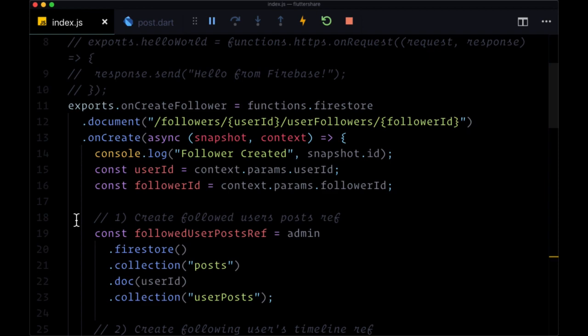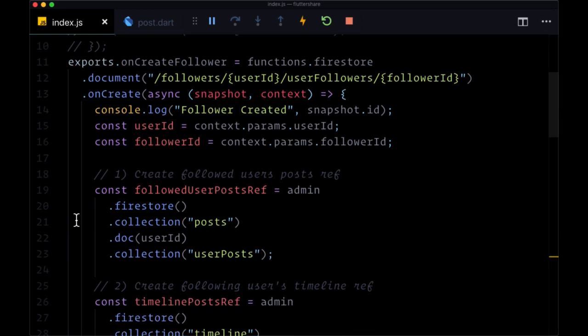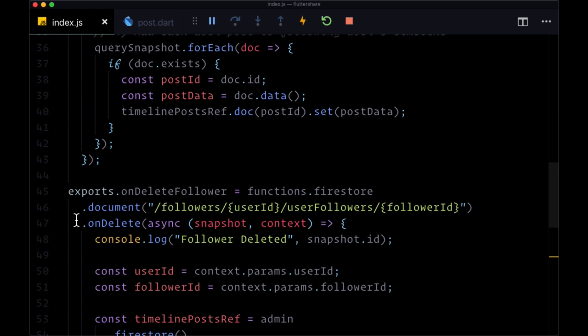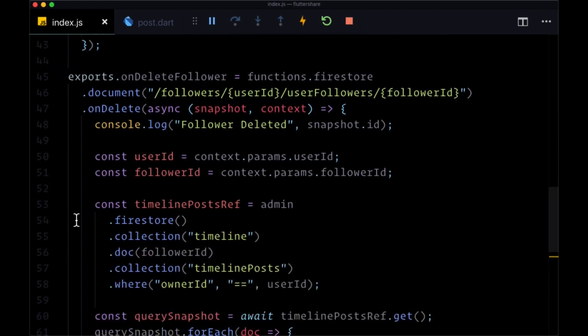At this point, we've created a couple of Firebase functions that enable us to get the past posts of a user that we want to follow, as well as delete those posts if we unfollow them. Now we're going to take a side step and see how to add the last bit of CRUD functionality to our posts. So we have the ability to create, read, update, and now we're going to see how to delete